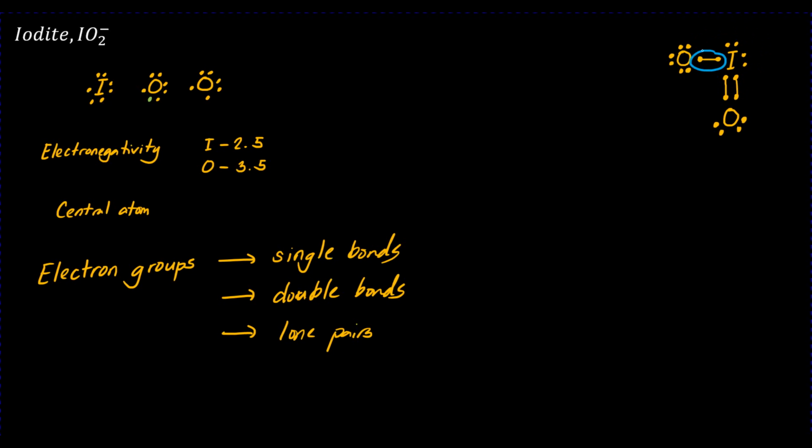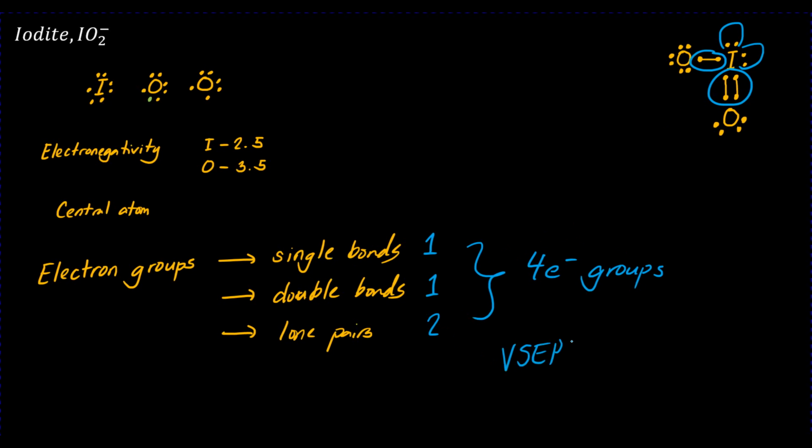Number of single bonds, 1. Number of double bonds, 1. Number of lone pairs, 2. And you add up everything, and the total is 4 electron groups. These electron groups will repel each other and will assume a particular configuration in space in order to minimize that repulsion. That is called the valence shell electron pair repulsion theory, and this concept gives you the possible geometries